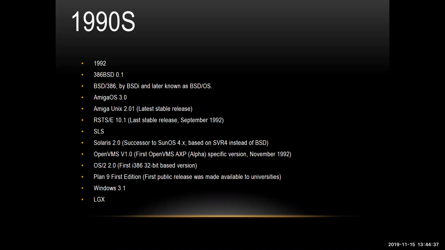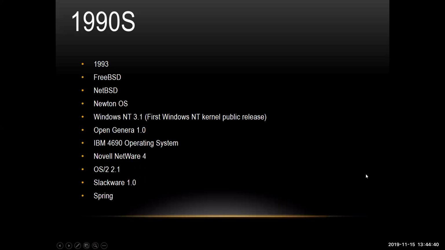And then 1993 came, and we had FreeBSD. From the name itself, it's a free and open source Unix-like operating system descended from the Berkeley Software Distribution. We also had NetBSD, another free and open source Unix-like operating system. And then Newton OS, the discontinued operating system for the Apple Newton PDAs, produced by Apple Computer Incorporated